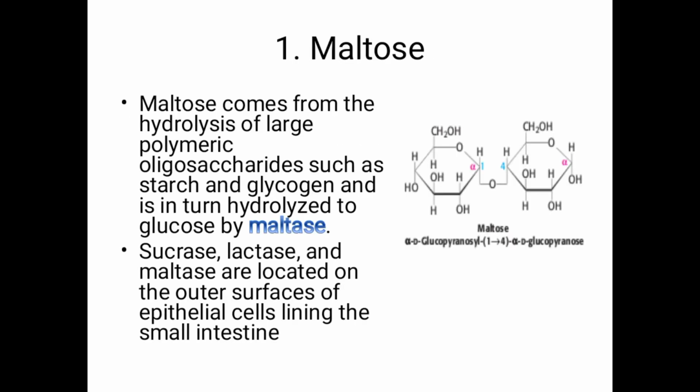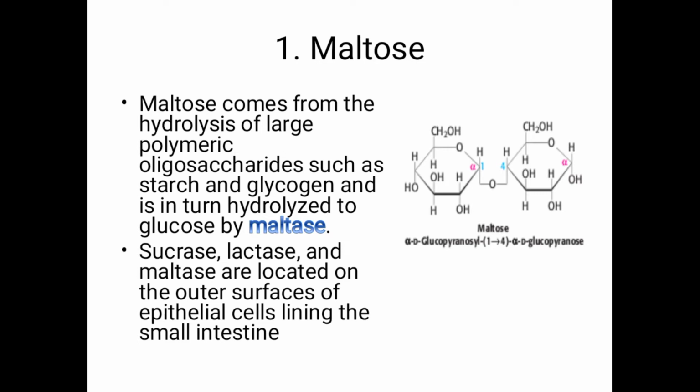The first one is maltose. Maltose is also known as malt sugar. It does not occur in the human body. It hydrolyzes to glucose by the enzyme maltase. So what is maltose? It is also known as malt sugar. It does not occur in the body. It is hydrolyzed to glucose by the enzyme